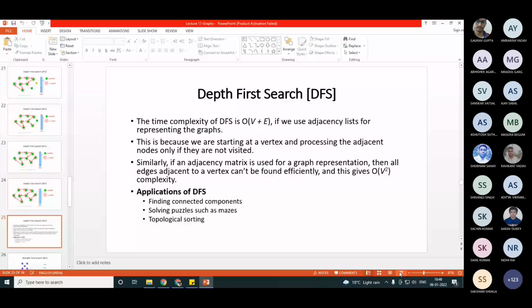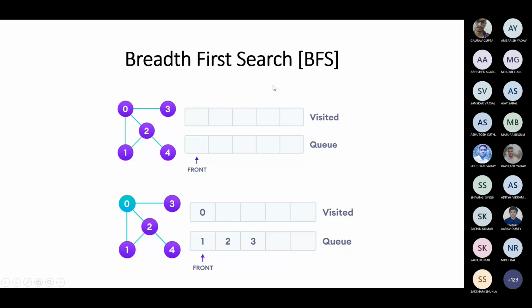What is the time? We have 10 more minutes. We'll finish this. So breadth first search, we will visit by using a queue. We will use the queue data structure using front and rear. Then we will visit the nodes in breadth first search. So let us again start the same example.